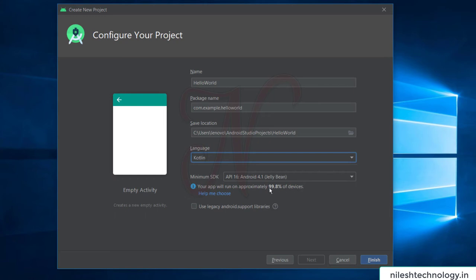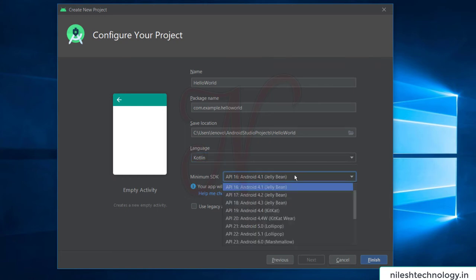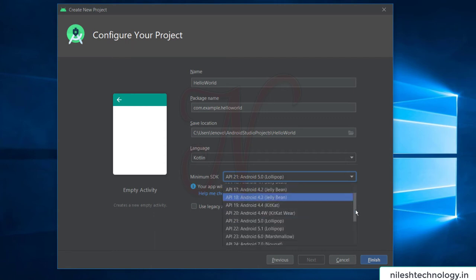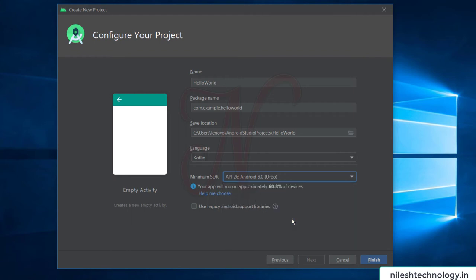Here 99.8% of devices run your application. If you select a higher version like API level 21, 94% of devices run it. Again, if you select 8.0, 60% of devices run your application.